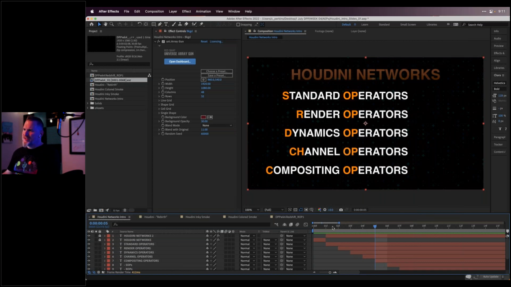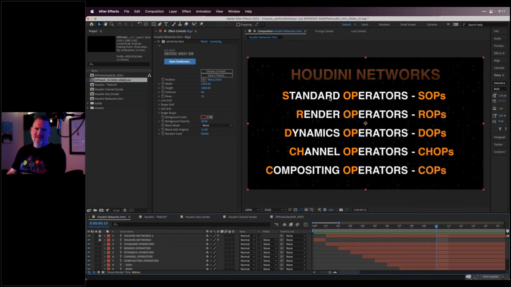One of the things that's good to know when you're new to Houdini is the nicknames that the community has given to these nodes. When we're in the geometry context, those standard operators, these basic nodes, we refer to them as SOPs for short. So standard operators abbreviated as SOPs. And if you're in the rendering context, we call those nodes ROPs, DOPs, CHOPs, COPs, LOPs, MOPs. There's a million of these things. So if you ever hear something that rhymes with op, that's what it is. It's an operator for a particular context of Houdini.